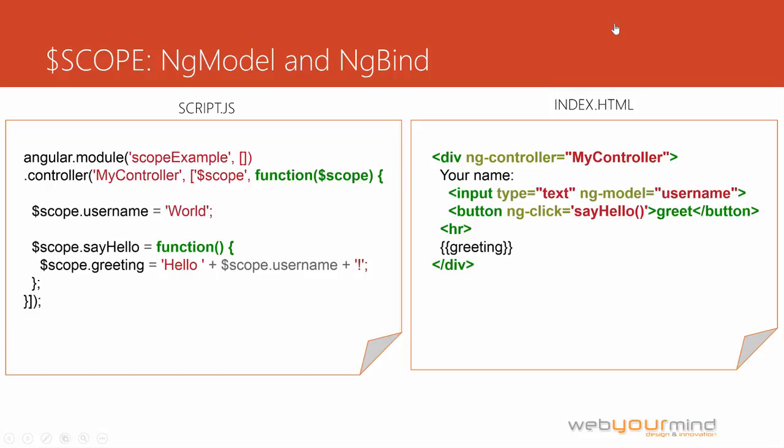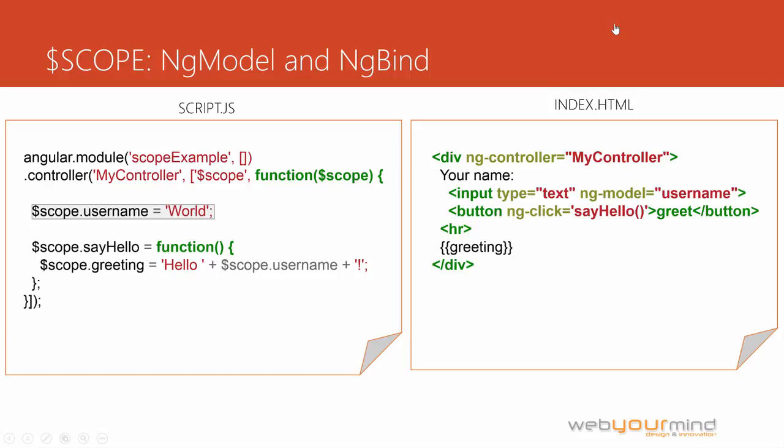In the third line of our index.html, we have declared an input type text, and we're binding that to the model username in our controller. On the left side we have $scope.username equals world. So again, $scope is used to initialize and store the data model for our application. We have a button that is using the ng-click directive. We'll see more about this directive later on, but keep in mind that it binds the click event to any Angular expression. So whenever the click event triggers, Angular will invoke the expression that we have between single quotes,